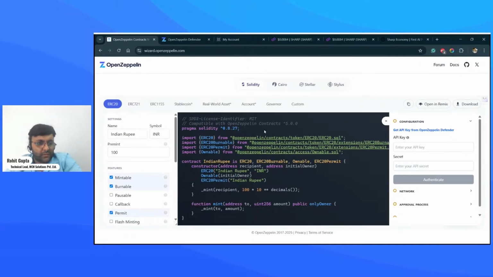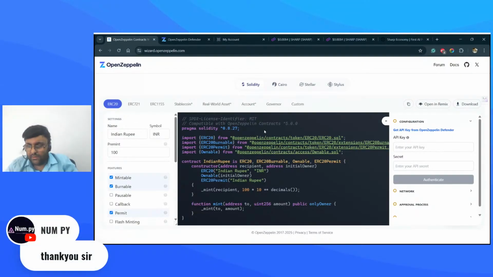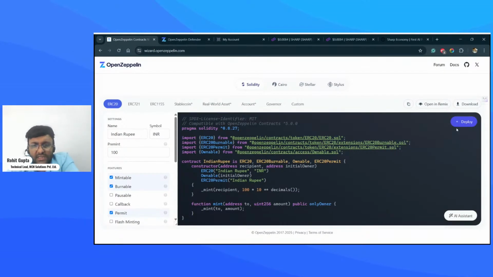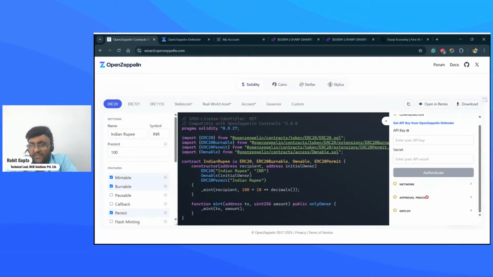Okay, so I hope we don't have other questions. I can definitely move to the deployment part. So guys, we have a deployment part using, I would say, OpenZeppelin only. But see, how did I come to it? On the screen, you see that here I have a deploy button. As soon as I click deploy, I get this.